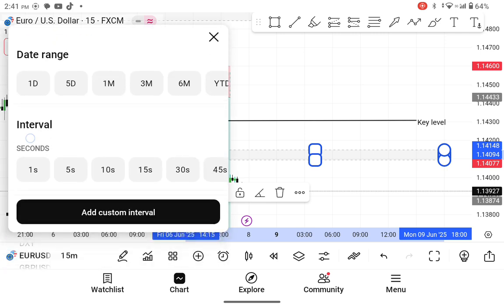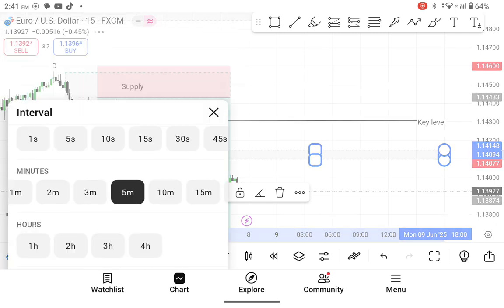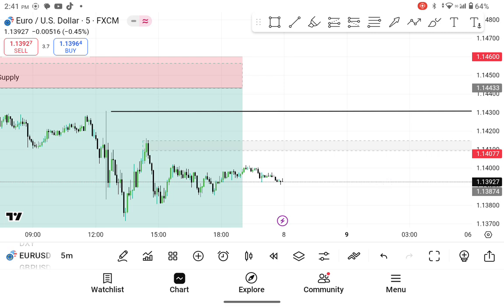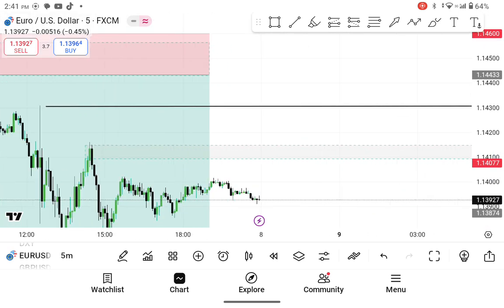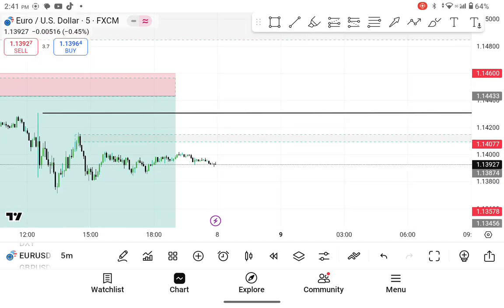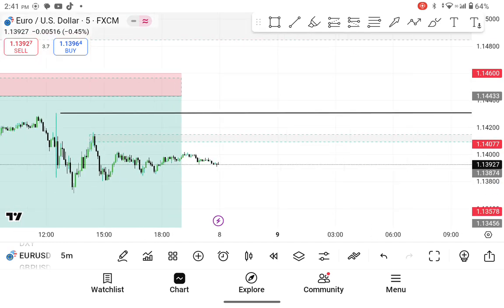But if you go to your 5 minute time frame, you will see more. You can see in your 5 minute time frame now, that level acts like a supply zone. You can see very well it acts like a supply zone. You can see the last candle, boom. But now we have no break of structure. We just have the accumulation before the market closed. So after this accumulation, we'll be expecting